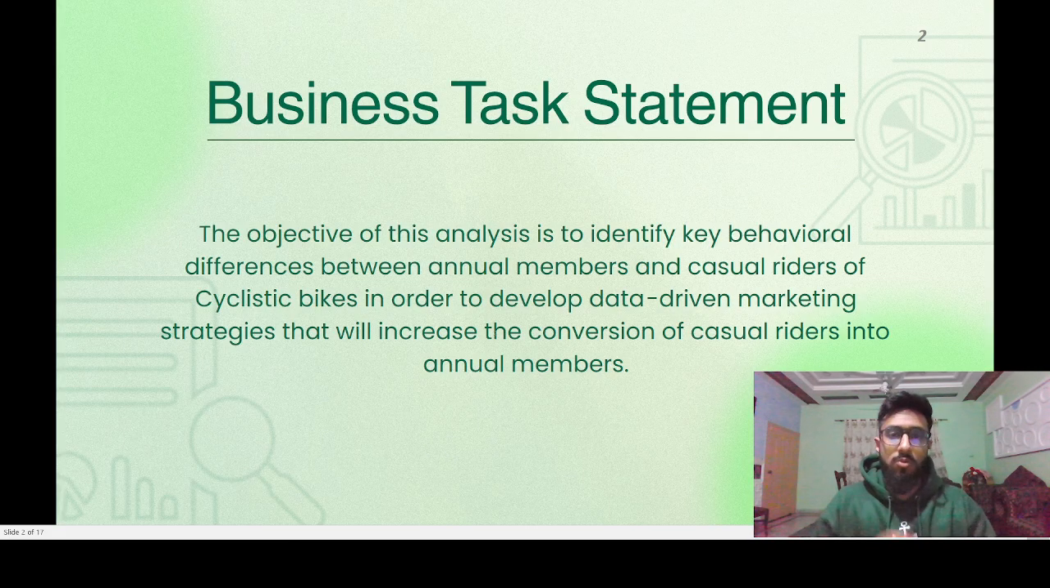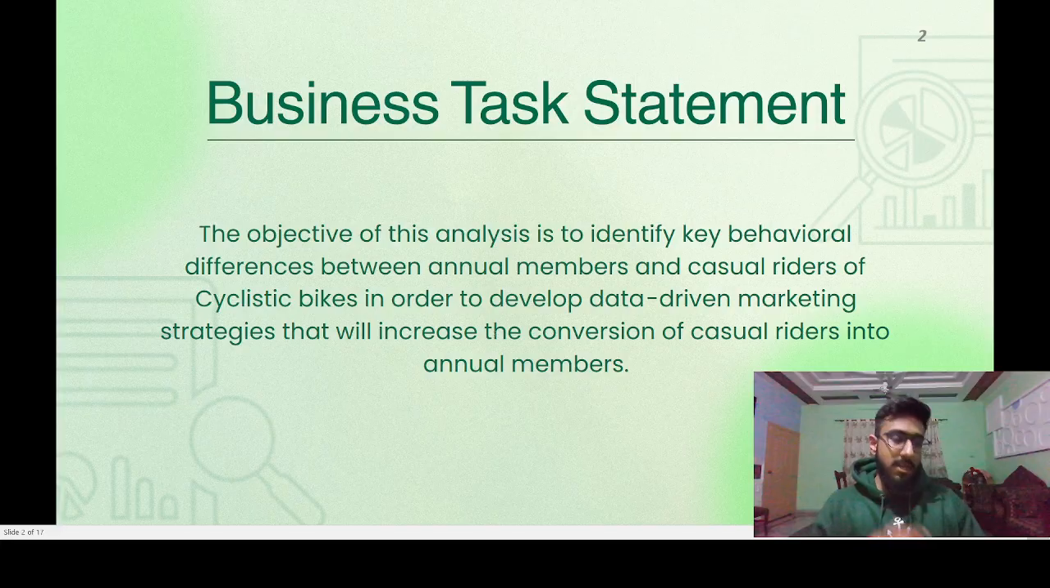All right, so the business task statement. We were given three questions that would guide us through the analysis. The first question was, how does the casual rider differ from the annual membership rider? The second question was, why would a casual rider choose to become a membership rider? And the last was, how could Cyclistic advertise on social media to convert the casual riders into